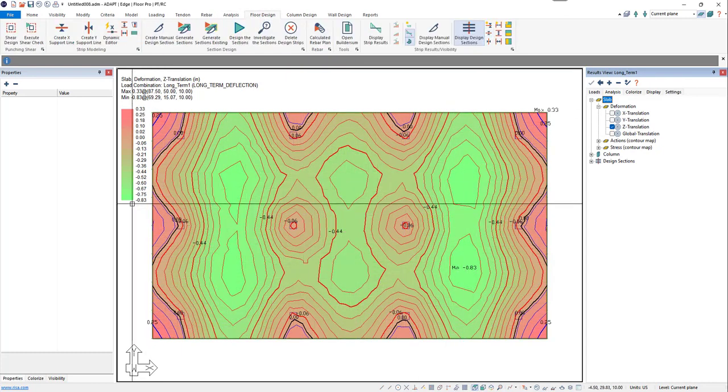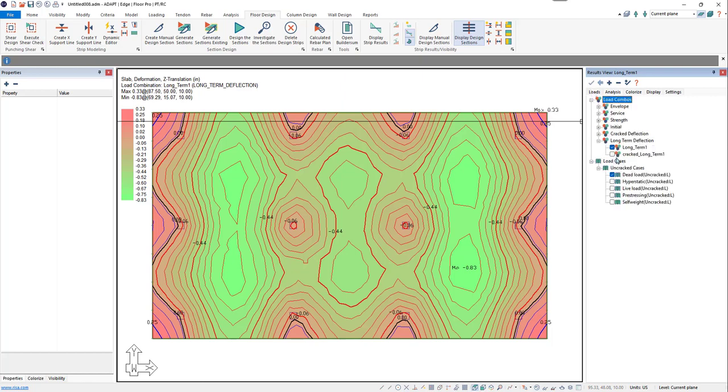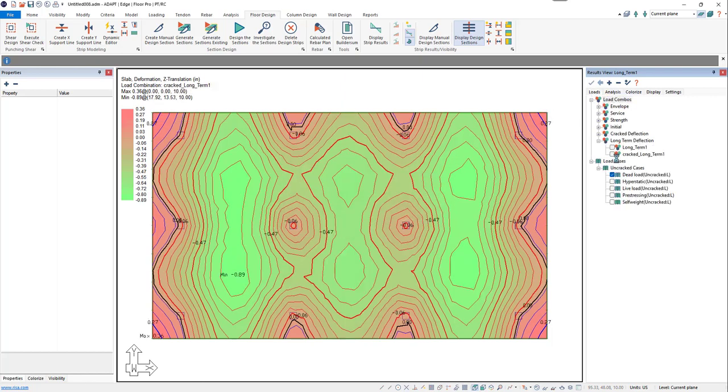And we can see that we have a total deflection of 0.83 inches downward, max deflection of 0.83 inches downward, and 0.33 inches upward. If we come back to loads and click on cracked long term, we can see the difference in deflection once it's cracked. So based on the reduced stiffness after cracking, we now have 0.89 max deflection and then a max upward deflection